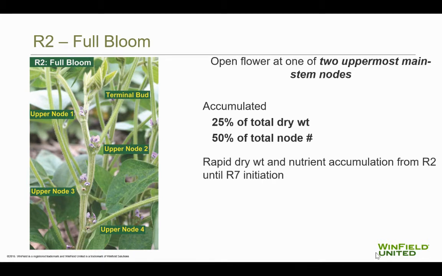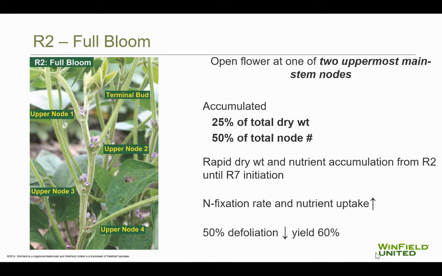So we've got rapid accumulation. And so that means lots of nutrient being taken up. So we have nitrogen fixation rate going up in the plant. We've got nutrient uptake going up in the plant. And we have a plant, because it's so active and producing so much, defoliation or stress can cause high yield